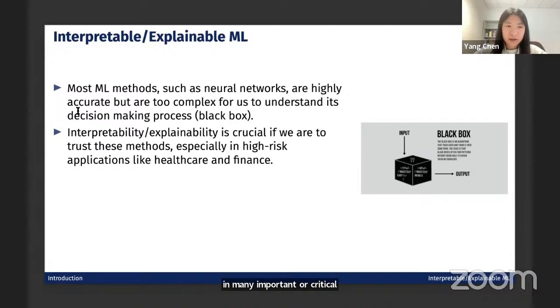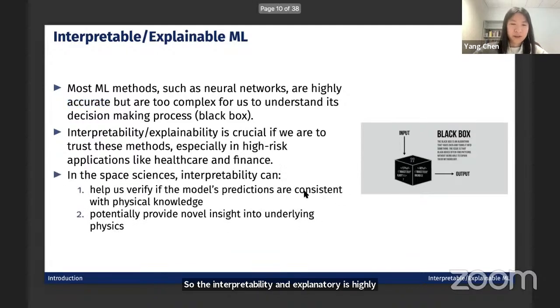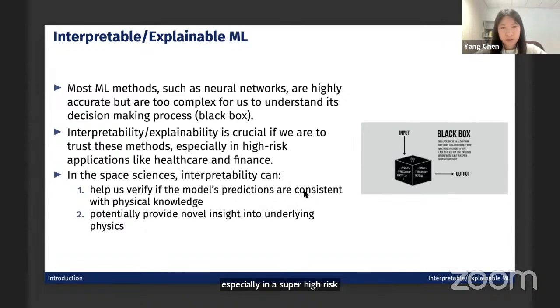box. The other thing is that neural networks, especially those with very complex architectures, are super accurate for training sets. For testing sets, it's a problem. So interpretability and explainability are highly crucial if we want to trust these methods, especially in super high-risk applications. Especially in space science, we pay attention to the interpretability of these machine learning methods because